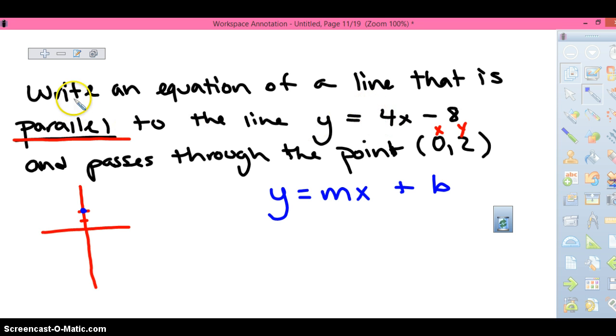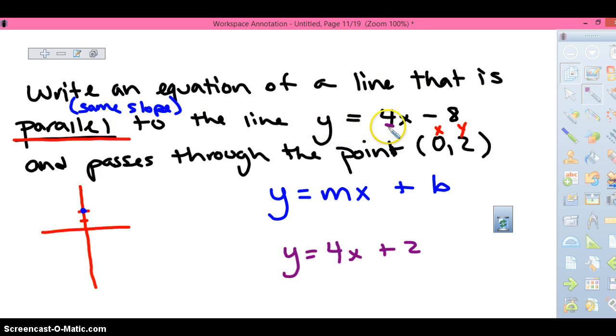They're the same. So same slope, because parallel lines have exactly the same slope. Therefore, do we know the slope of a parallel line? What would be the slope of a line parallel to y equals 4x minus 8? 4. The y-intercept would be 2, because